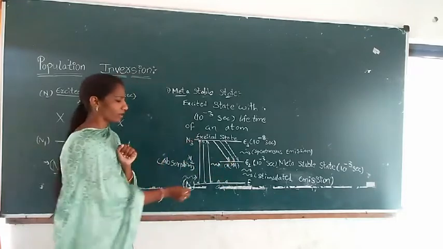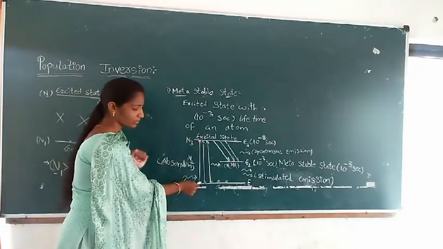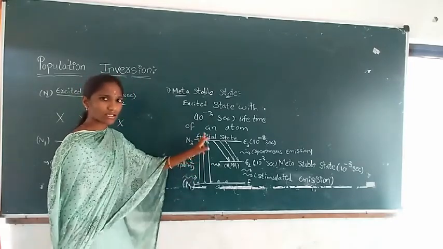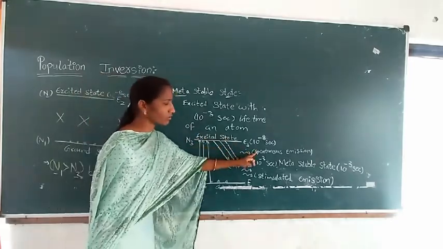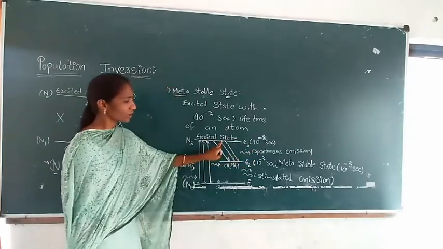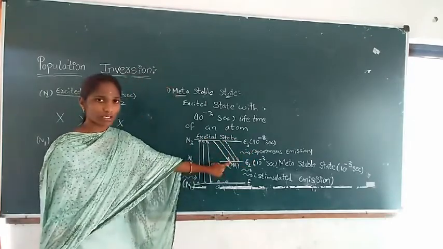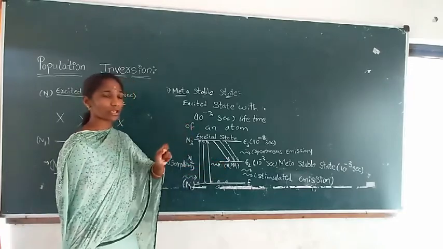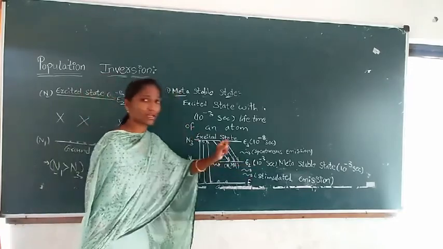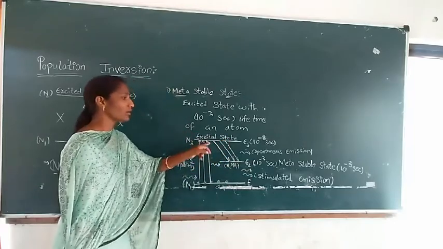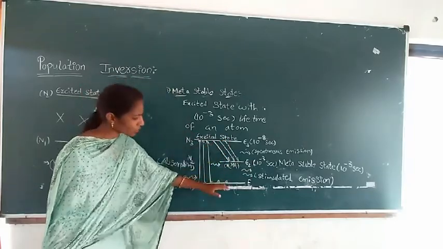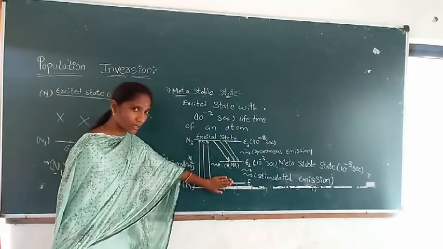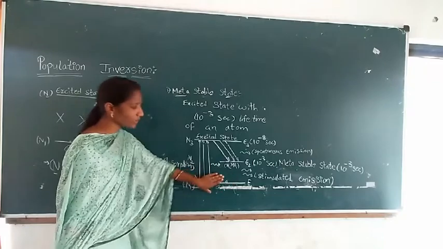Understand the key point? We are incident energy, then the atoms are moving towards the excited state. By spontaneous emission, by releasing a single photon of energy, it moves towards the lower energy state. In this excited state, the atom is going to stay for 10 to the power of minus 3 seconds, a little bit higher than the other excited states. So almost all the ground state molecules move towards the excited state. Now the ground state will be empty.